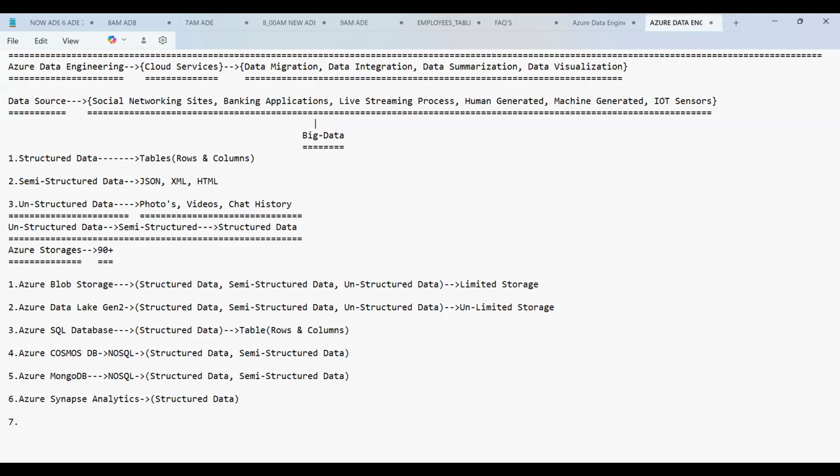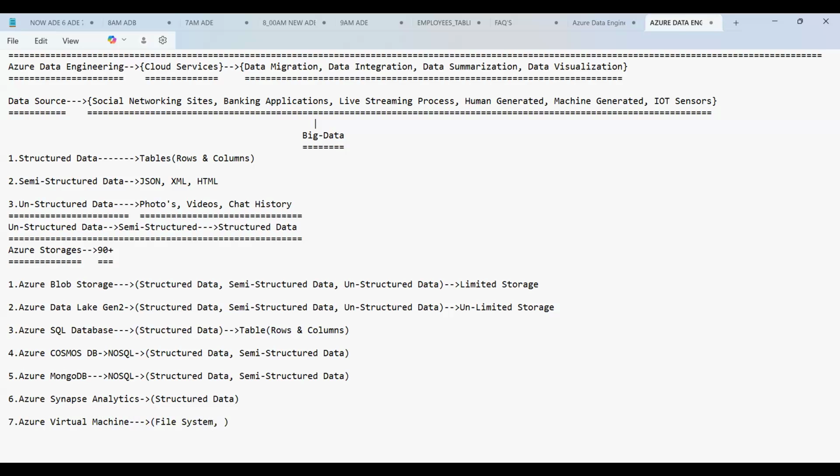And the seventh one, what is it, guys? You have Azure Synapse Analytics as the next one. And then apart from this, you have Azure Virtual Machine. A virtual machine can be built upon a file system.